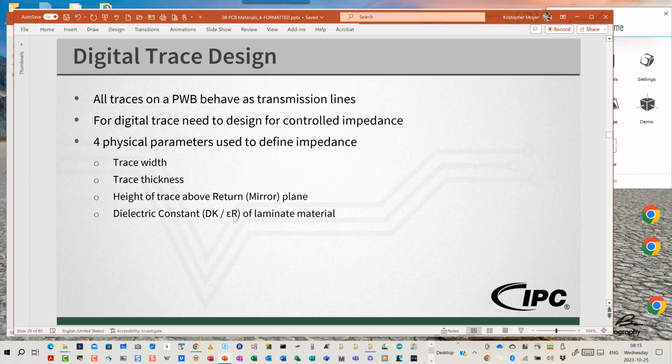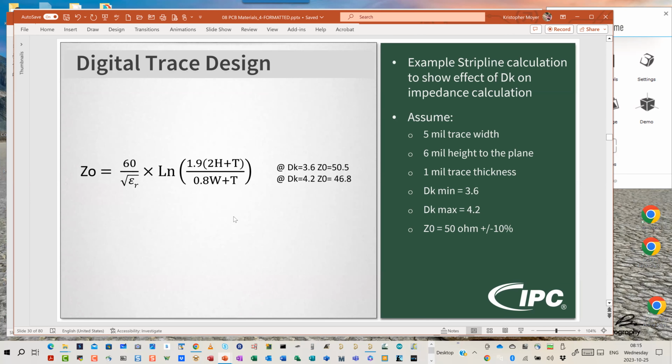of the laminate material. Now, one thing I'm going to point out early here, it'll come up in more detail when we talk about controlled impedance design in signal integrity, but from the point of view of materials, right? Talking earlier on Monday, we were talking about the isola materials and the different dielectric thicknesses and the fact I can have different dielectric constants for the same thickness. And I was pointing out the 3.8 versus 4.2 dielectric constant here. Here I went all the way down to a 3.6, and that is actually possible to happen in our board